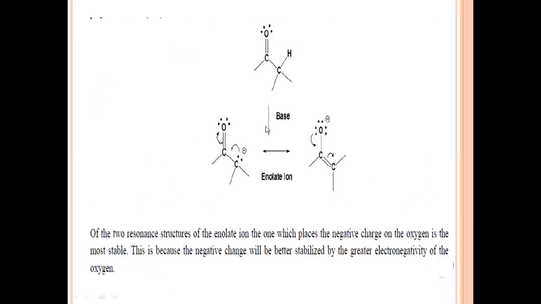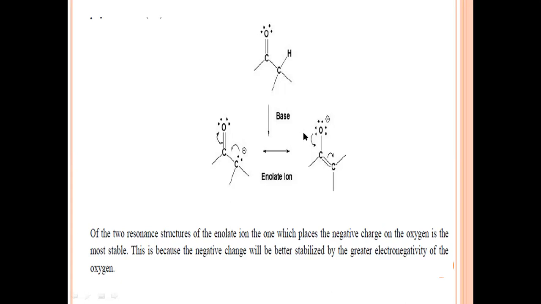Now, in this way, due to the presence of alpha hydrogen atom, they are going to form the enolate ion. Now, the enolate ion formed by the aldehyde molecule is continuously changing its structure. There are two resonance structures produced when an alpha carbon containing aldehyde or ketone molecule undergoes aldol condensation reaction. So this is the resonating structure of the enolate ion which is formed during aldol condensation reaction.